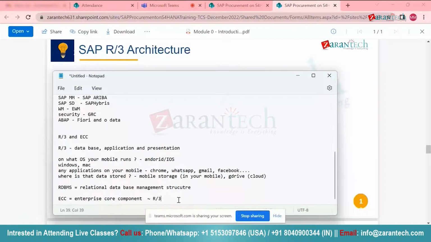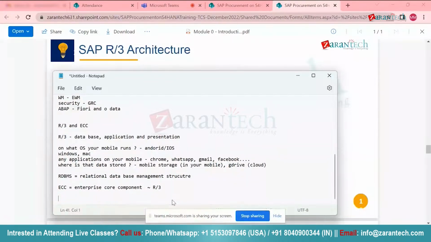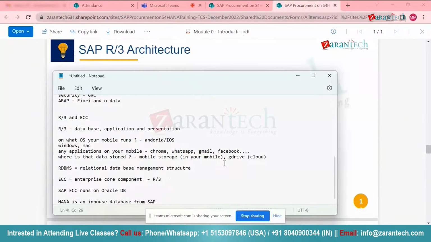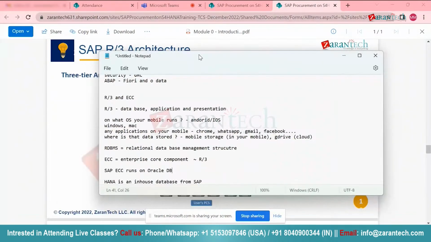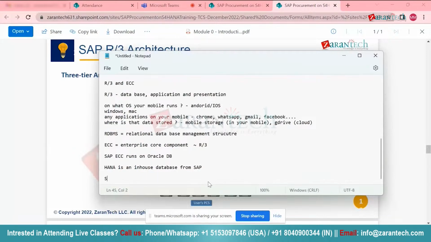Later on, SAP came up with S4, maybe in 2015. Before that, SAP came up with a database called HANA, around 2013. HANA is an in-house database from SAP. Before that, in ECC, what database did SAP use? SAP ECC runs on Oracle DB, the Oracle database. Then in 2013, they started HANA as a database, and from 2015 onwards, they started with a term called